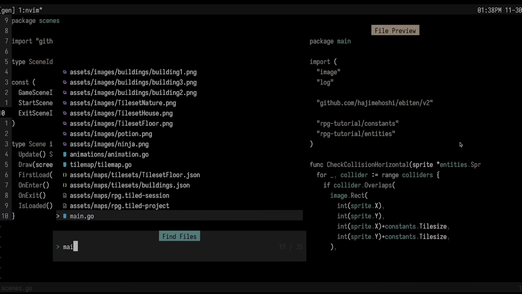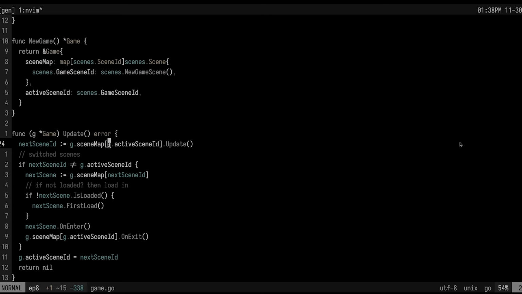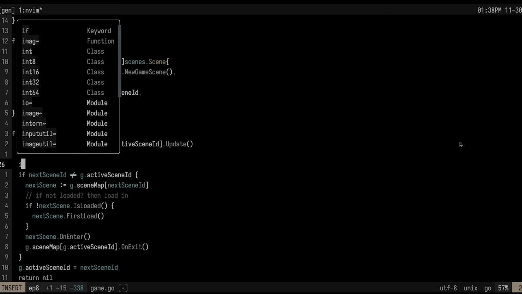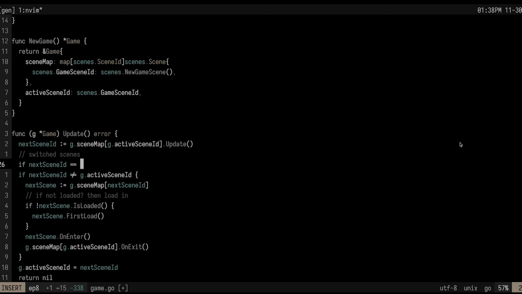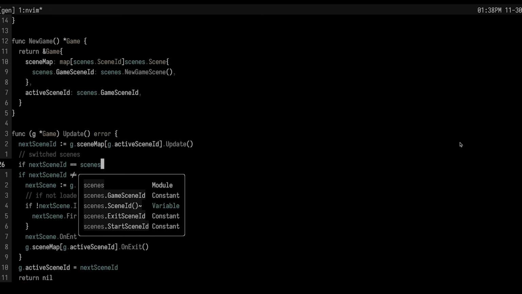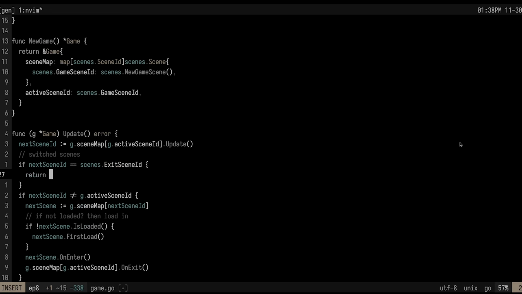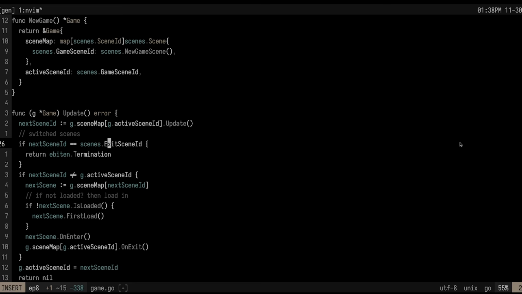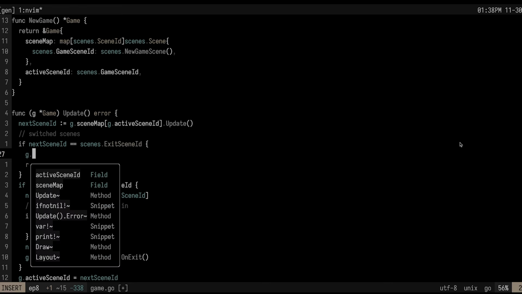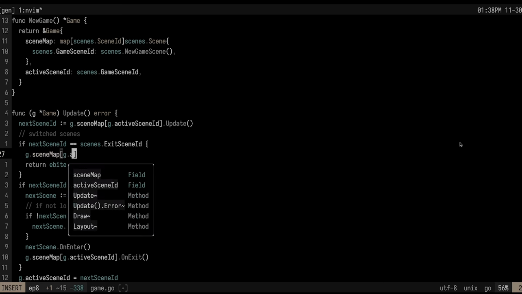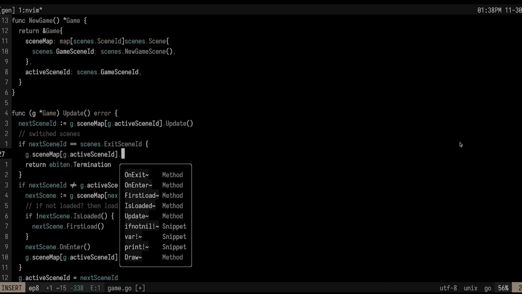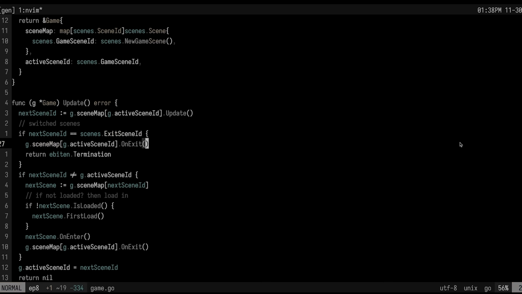And then you would go into your game here, and basically you would just have another check. You would say if next scene ID equals scenes.exit scene ID, then just exit. So return ebitengine.termination. You might also want to do g.sceneMap at g.activeSceneID on exit like this. But basically that's how you would do it. You would just have a special scene ID for your exit scene that would allow you to quit whenever you